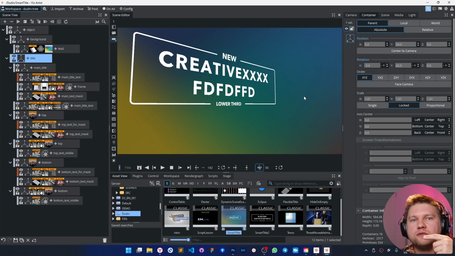For example, if you need some elements in many graphics you are making. In their case, in Kazakhstan, there were many designers who work with Viz Artist on a daily basis, and they need to create a lot of graphics right in Viz Artist. So it inspired me: why can we not create something like a template for templates?